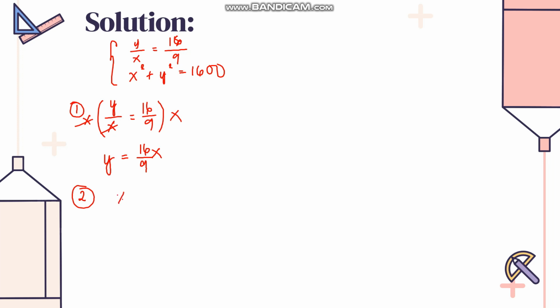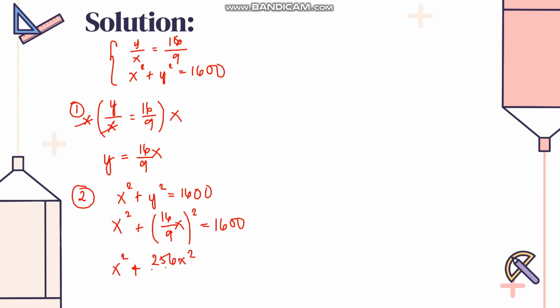So using equation number 2, x squared plus y squared equals 1,600. Let's substitute the value of y. So we have x squared plus (16 over 9)x, squared, equals 1,600. And then simplify this. We have x squared plus 256x squared all over 81 equals 1,600. Now to remove the denominator, or to remove 81, let's multiply both sides of the equation by 81. Multiplying both sides by 81, we will get 81x squared plus 256x squared equals 1,600 times 81 is